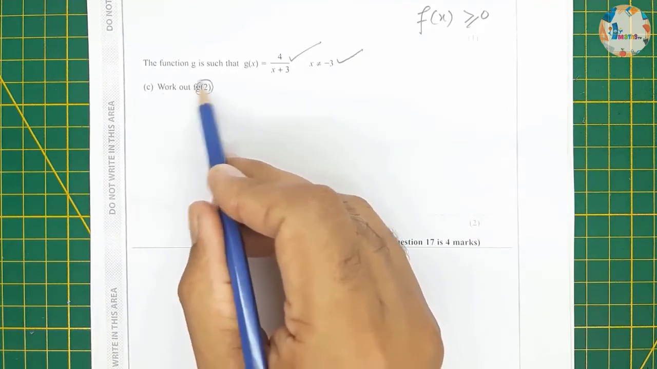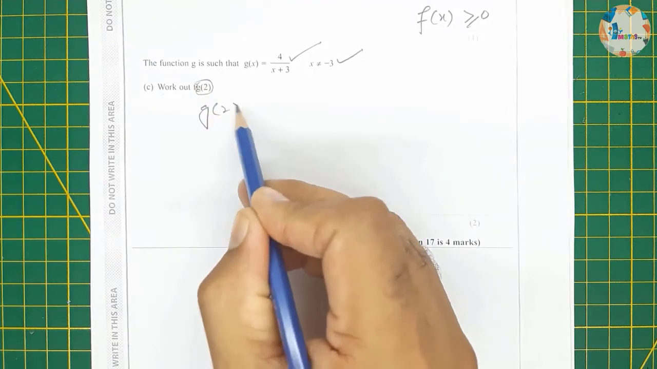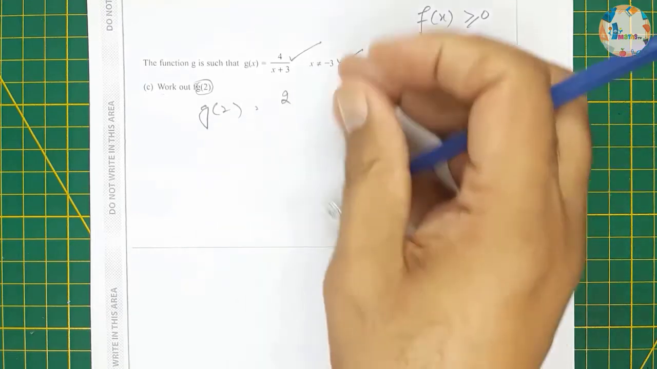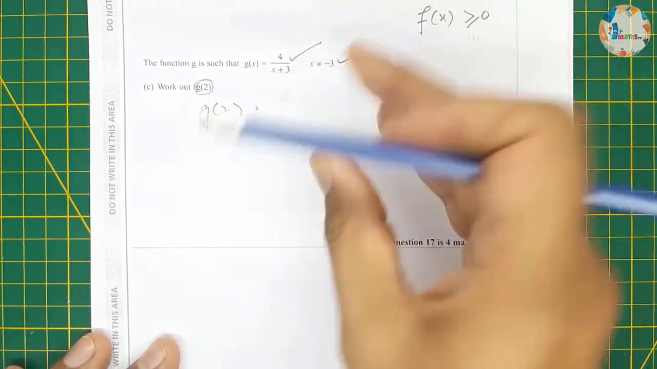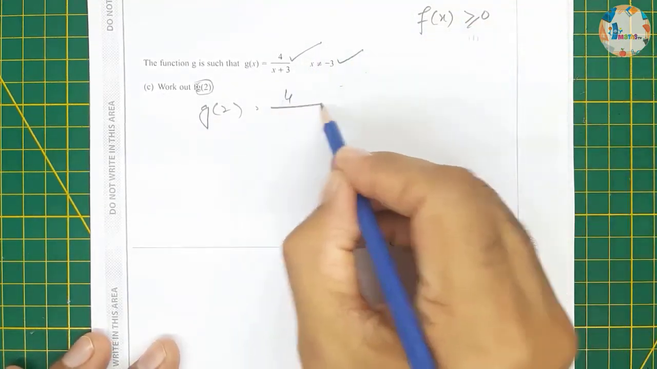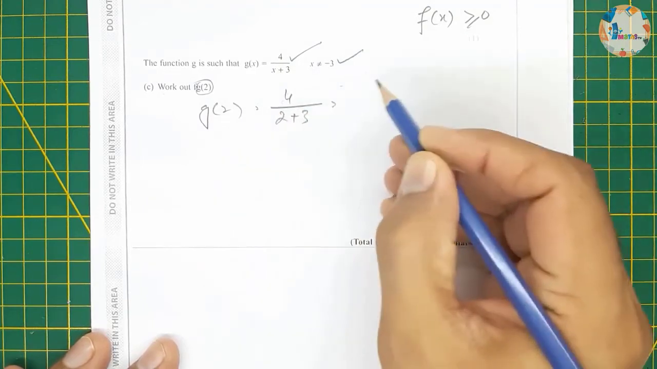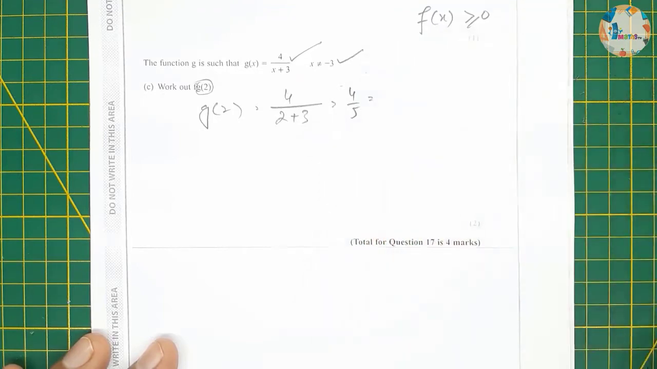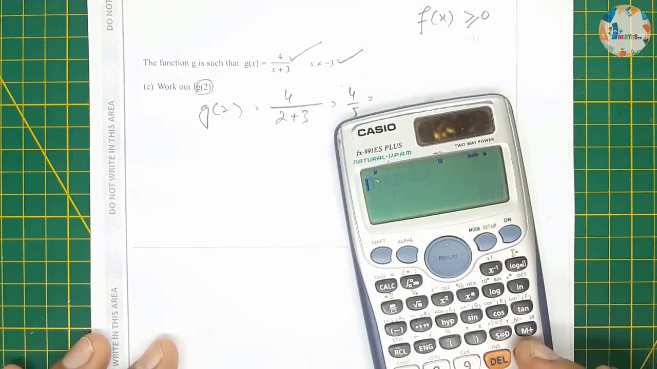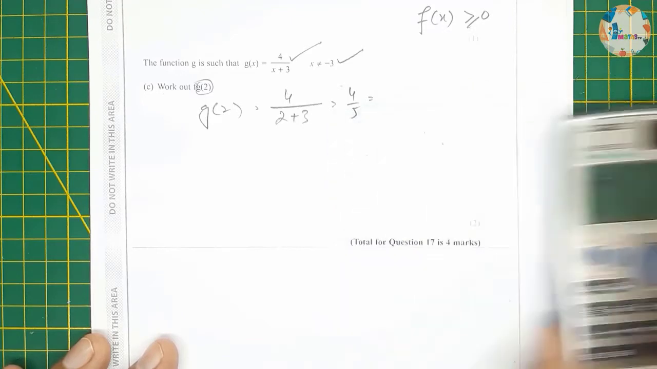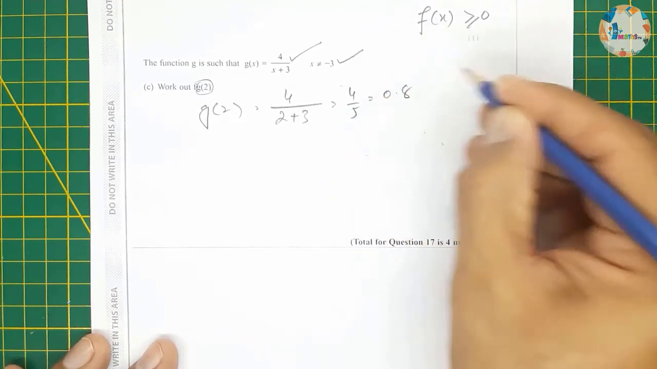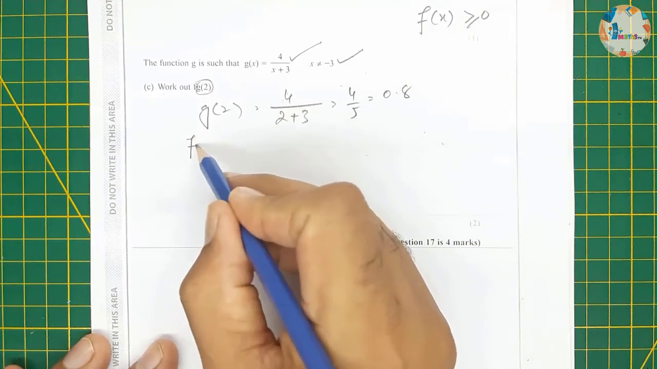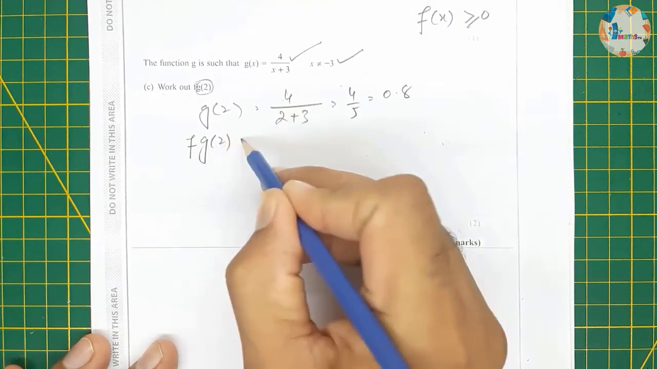First we will calculate g of 2. So g of 2 will be equal to 4 over 2 plus 3, which is equal to 4 over 5, so we can write 4 divided by 5 will be equal to 0.8. So 0.8. Now we'll calculate f of g of 2. It means f of